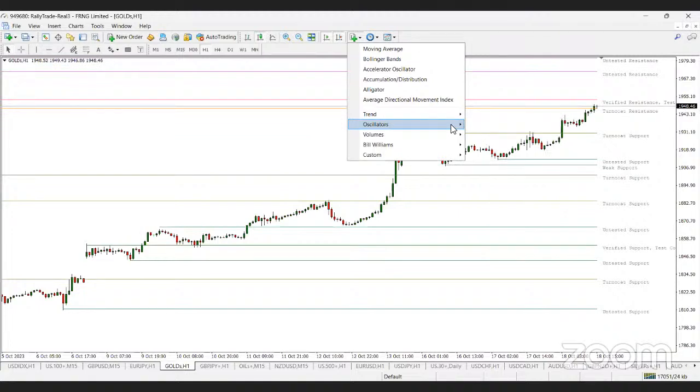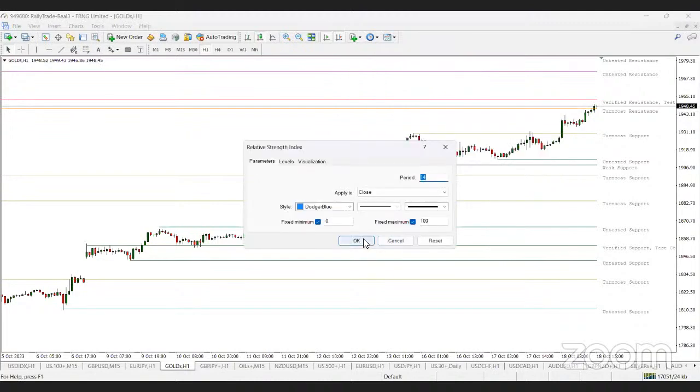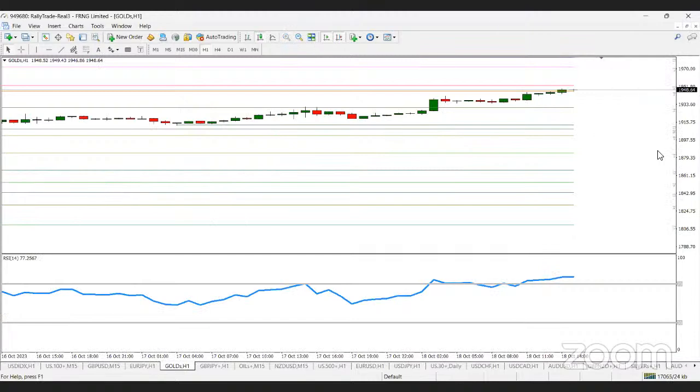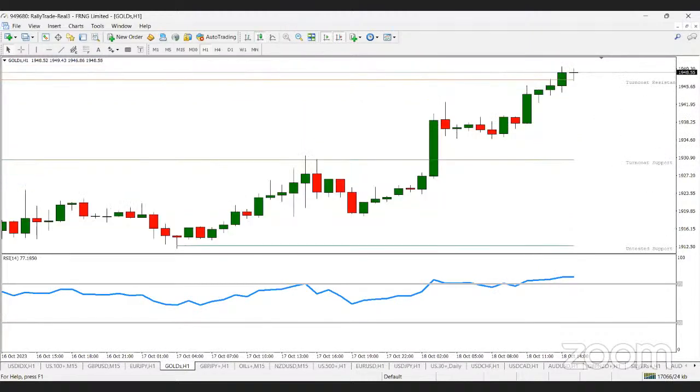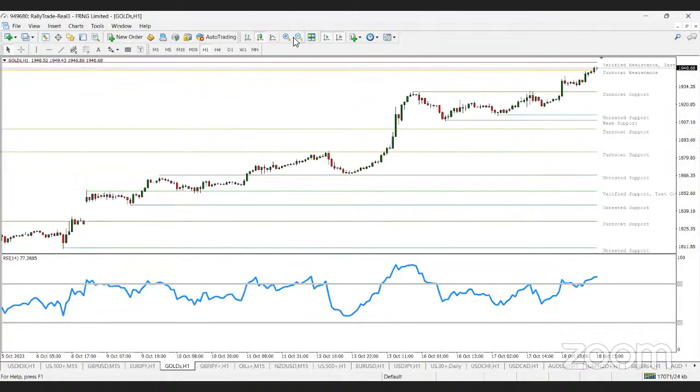I'm trying to get the RSI, so you can see how overbought gold is. It's overbought and approaching a verified resistance. That's a good place to actually expect a pullback in the market. Okay, so if I were trading gold, what I will do is